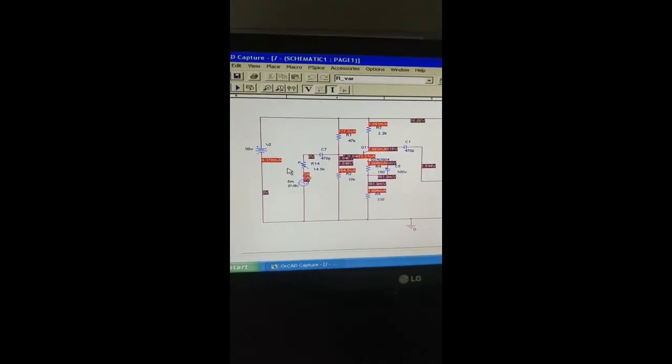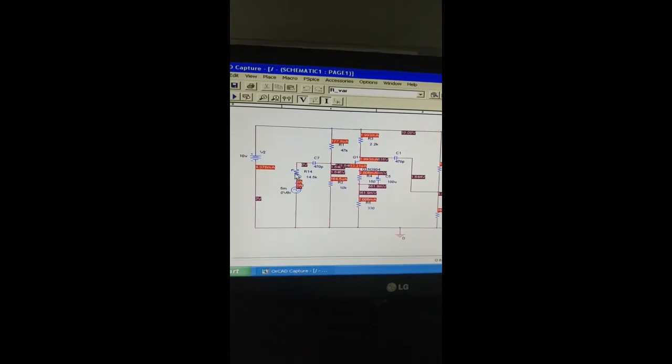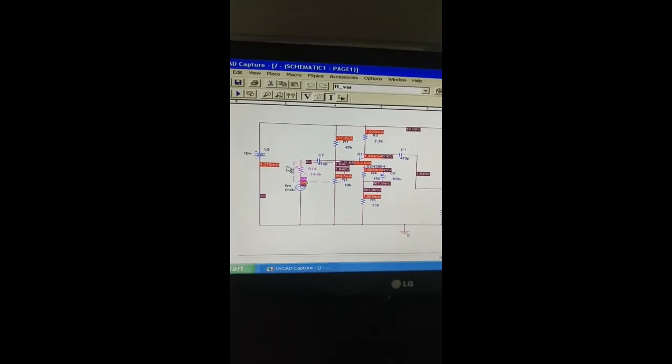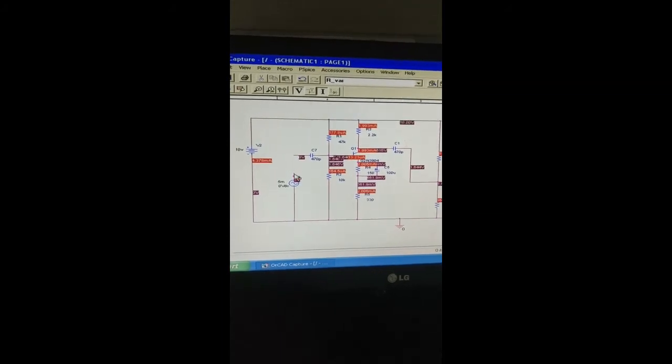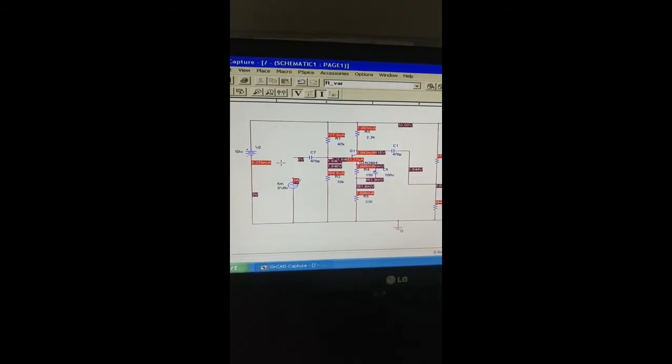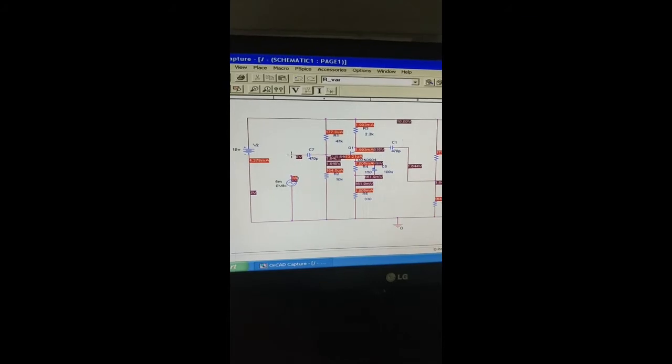Now the next part is to find the value of output impedance. Before we start with output impedance, let us delete this and just place a wire here. So press W, take a wire and connect it.